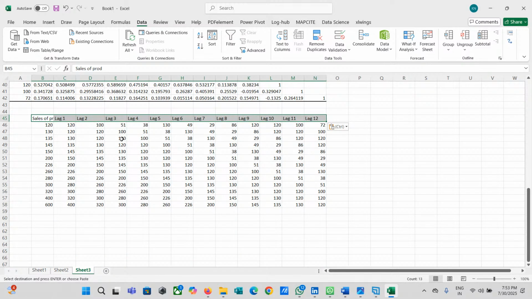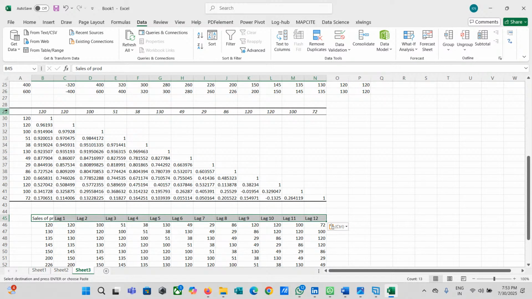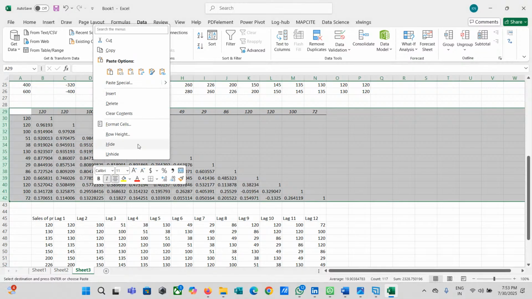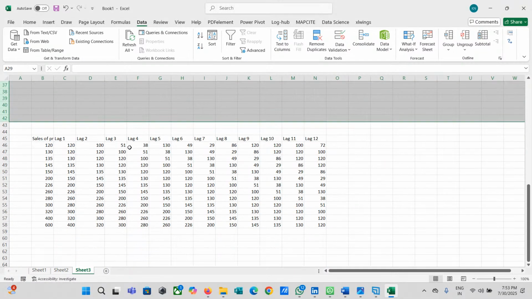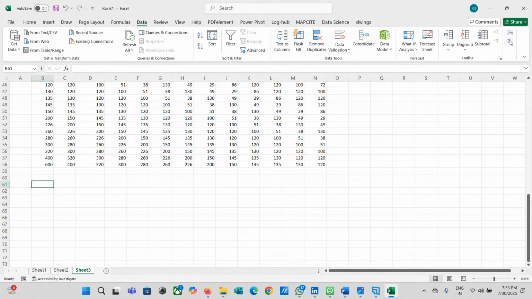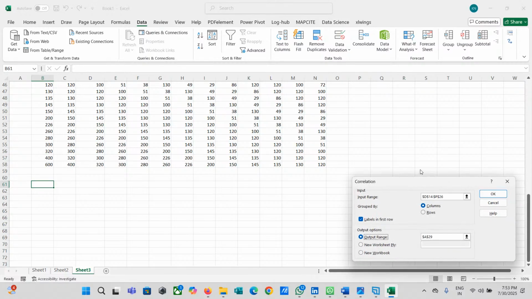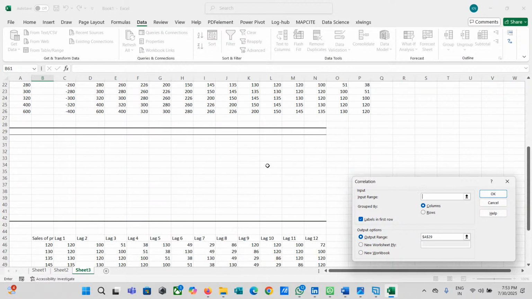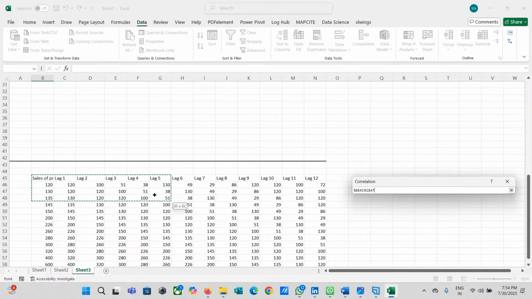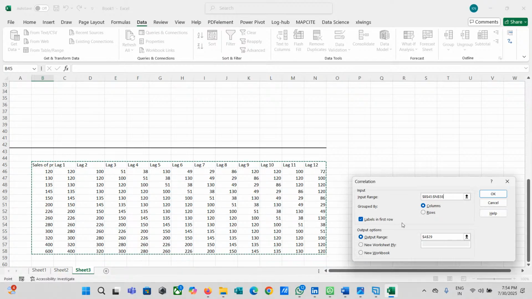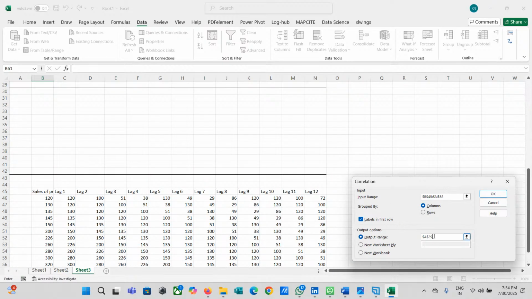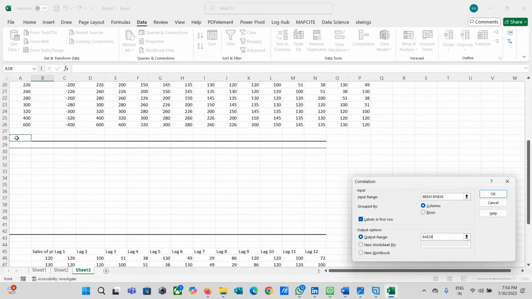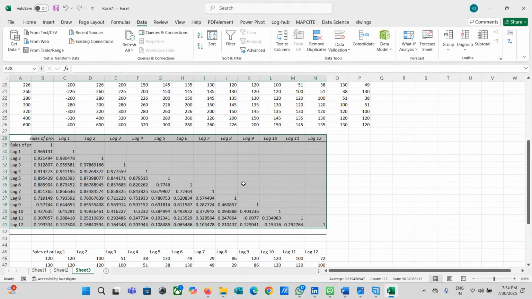This will be much better because we want to see our headers. Now I'm going to create the input range. The input range is this one. Okay, I'm going to take my output range. I can take the output range anywhere here, not an issue. So this is the output I'm getting here.